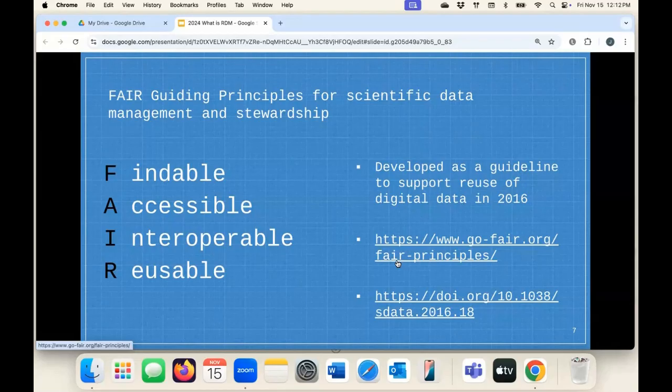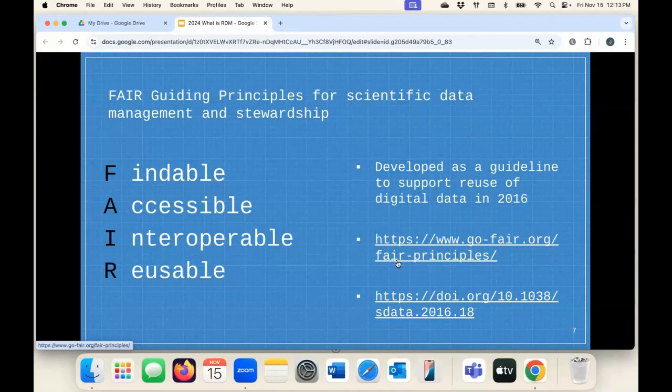When we talk about accessible, I'm thinking about storing data in open file formats and or with some information on how to access the content if needed. So if you are sharing data that can only be analyzed by a proprietary analysis tool like SPSS, you would include that information along with your data. Interoperable, connected to accessible. We're talking about storing your information in ways that can be used by multiple file formats. So open data, again, is a good option, or an additional option. So if you have that proprietary, then you also host it in open formats.